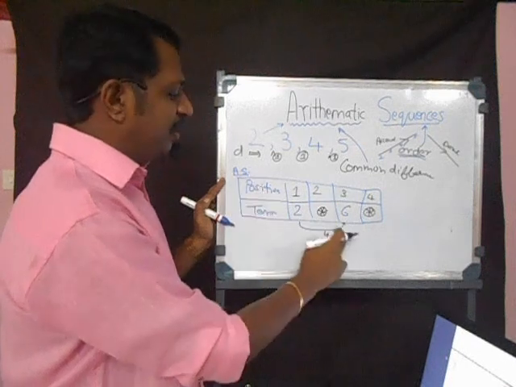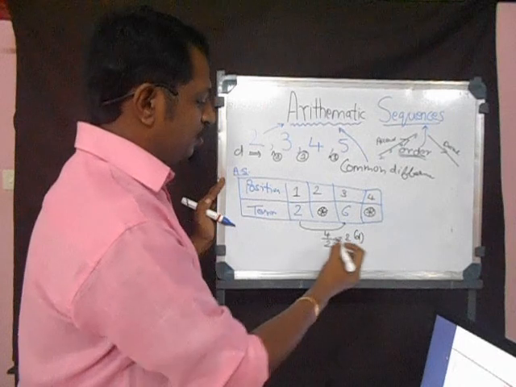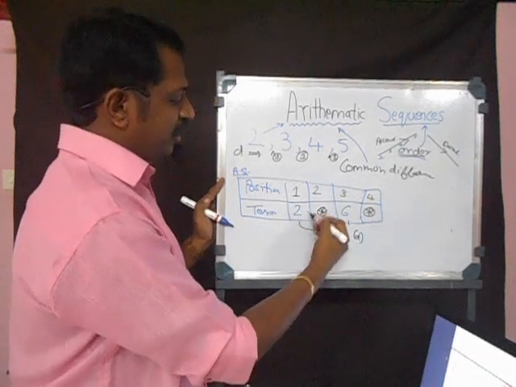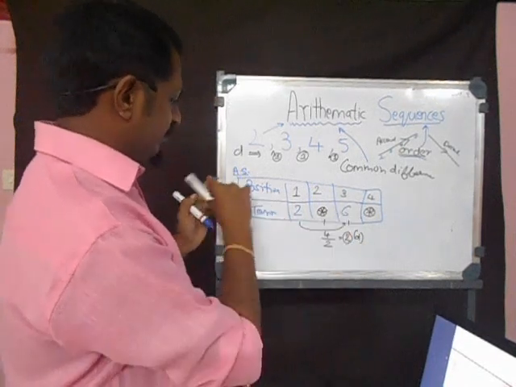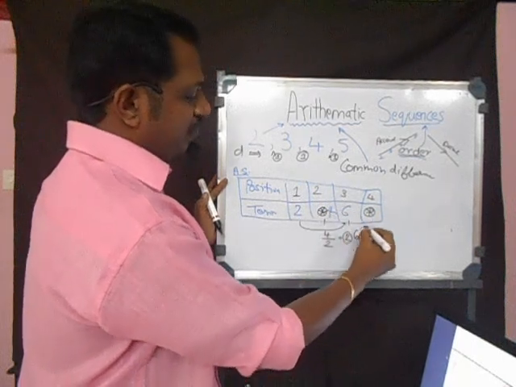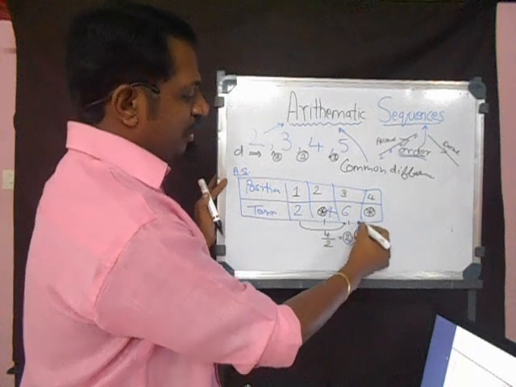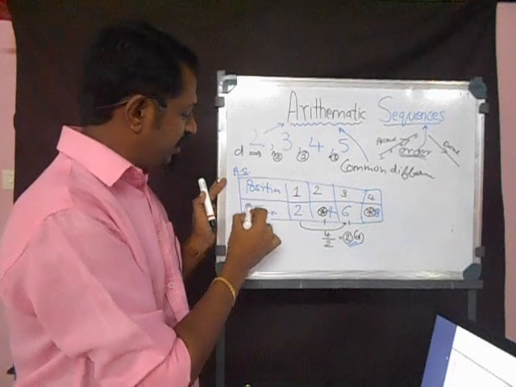This is already an arithmetic sequence. So we should have a common difference d. You jumped 2 positions. That is why I divided it by 2. So what will be the next one? Just add this number here. What will you get this number as? It will be 4, and then going forward, this common difference is 2, so you can add here again and you will get 8. So this is the meaning of position and term.